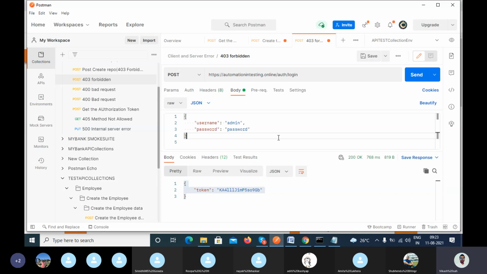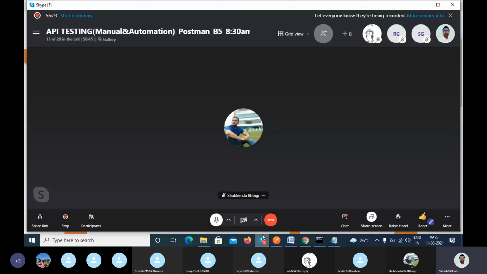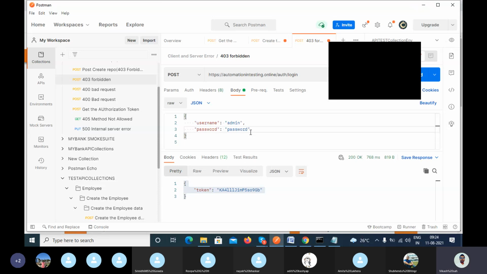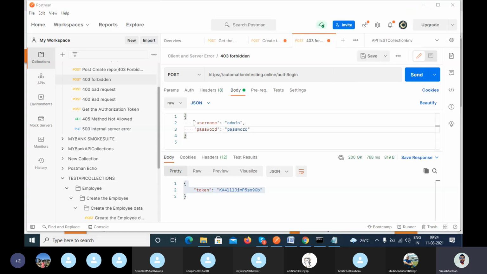So what I'm doing here, I want to access, let's suppose, Suvendu's account, right? I know his username, so I pass the username here, and I don't know his password.